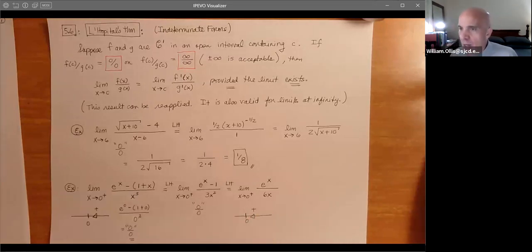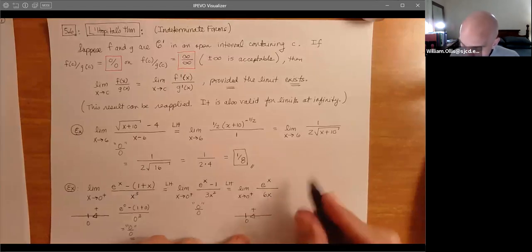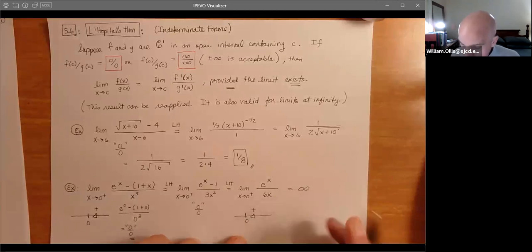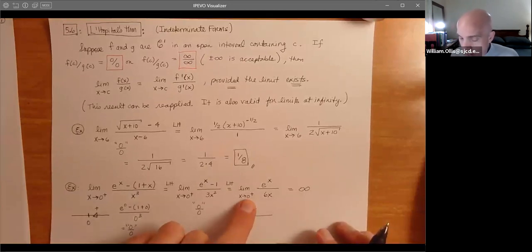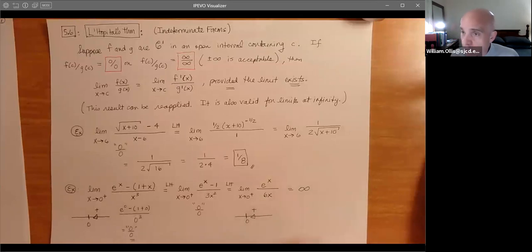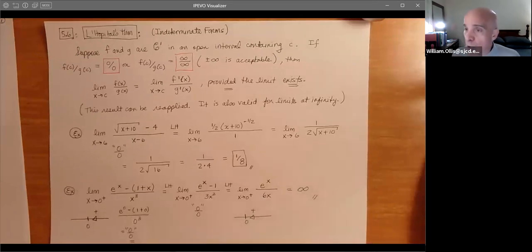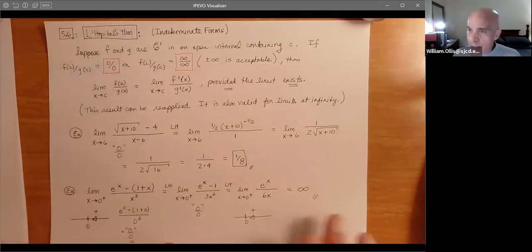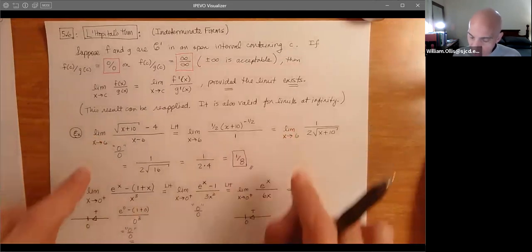So this is back to our vertical asymptotes definition in calculus 1. So again, this diverges to infinity. Again, as x approaches 0 from the right, this approaches 1, but this approaches 0. That's the definition of a vertical asymptote. So we're done. So we're kind of cooked with this one. We don't get a limit, but we do know it diverges to infinity, which is better than just guessing. Okay. So that's an example where we get the existence of a limit here and